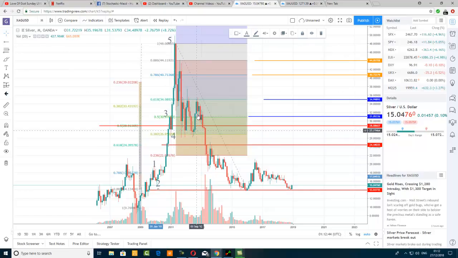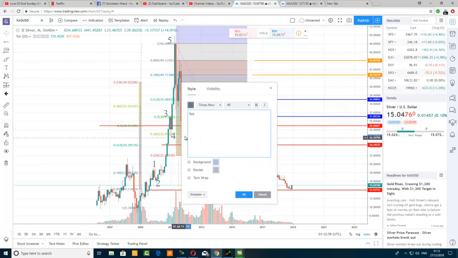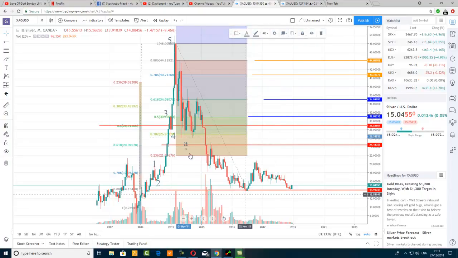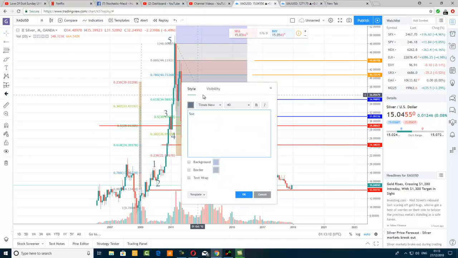Don't ask me what is the A wave, so probably something like this down. That's the A wave of the flat correction. Probably this is the B wave of the flat correction. You want me to put you on the chart? I'm choosing my words carefully because it's so messy, but it is a flat correction. Okay, so we will call this A of the flat correction, and we will call this one the B of the flat correction,